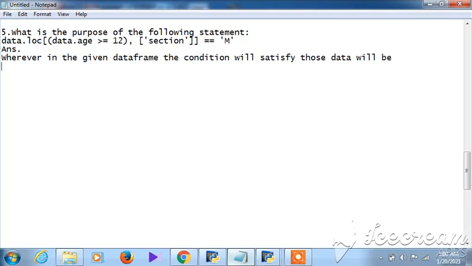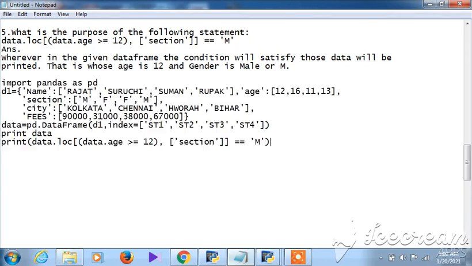So this will be the answer. That is, whose age is 12 or more and gender is male, or m. So the program, if you want, will be like this, program demonstration, and the output will be like this.